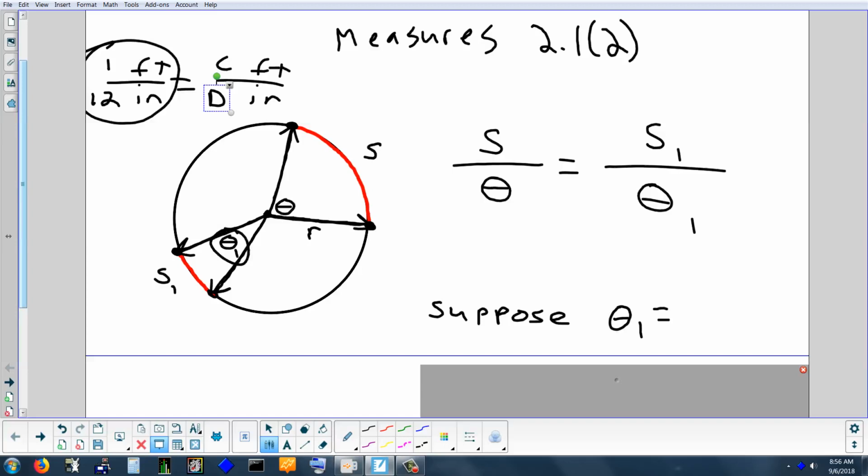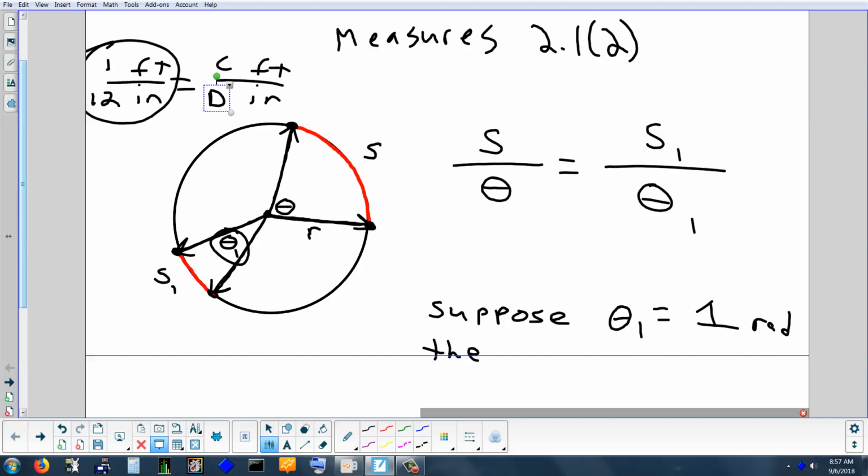Is it 45? No, not 45. Were you saying degrees or radians? Degrees. No, not 45 degrees. 1 radian? 1 radian. Okay, there's a fact, just like in 1 foot there's 12 inches. Well, a fact we learned yesterday, that if this angle is 1 radian, then that automatically makes S1 the same as the radius. It's just a fact, like in 1 foot there's 12 inches. So if that angle is 1 radian,